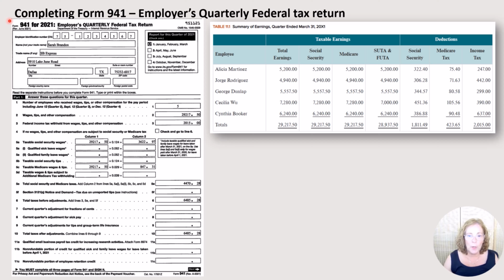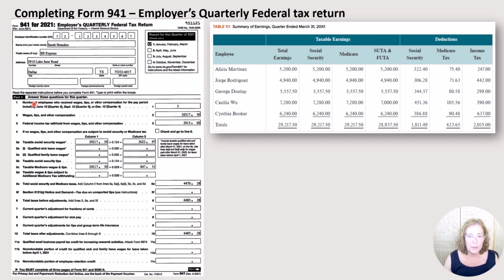This is Form 941, the employer's quarterly federal tax return, and one of several payroll tax forms the employer must complete and submit. Let's take a look at the form. At the top, we have the section where we enter the employer identification number and the company name and address. And to the right of the company information, we would put an X on the row that shows the correct quarter that the Form 941 is being completed for. In our example, that is the first quarter of 2021. And just FYI, even though our textbook uses the form for 2021, the 2024 tax form isn't all that different.